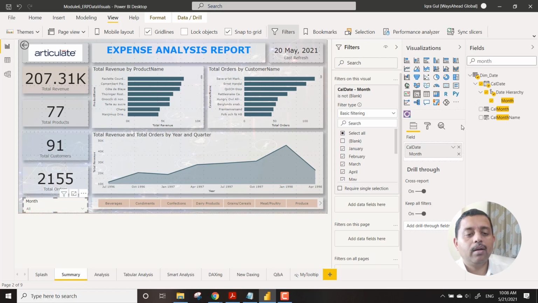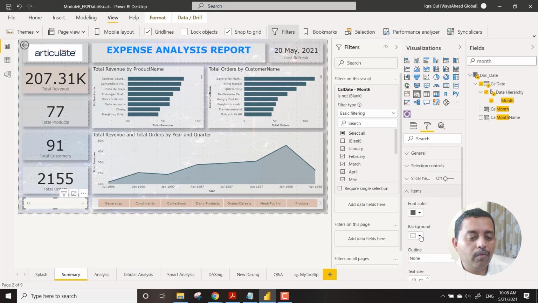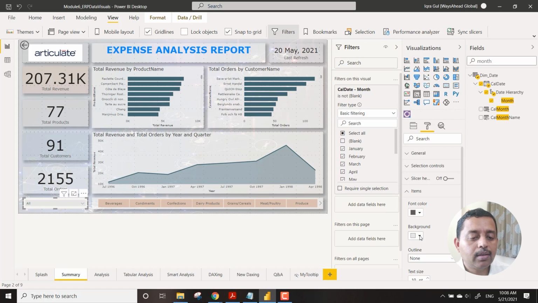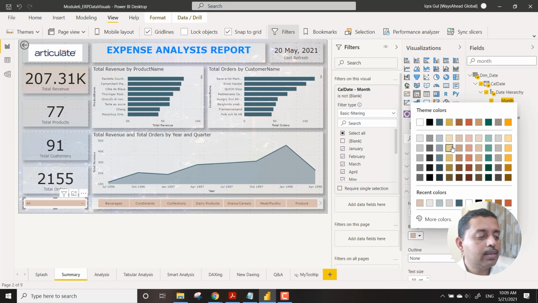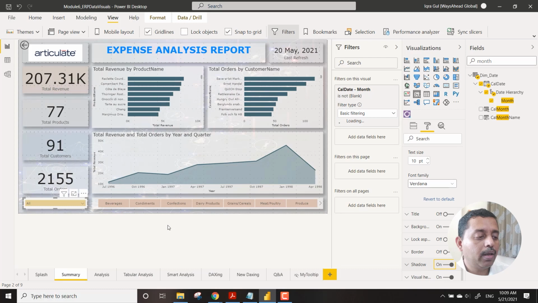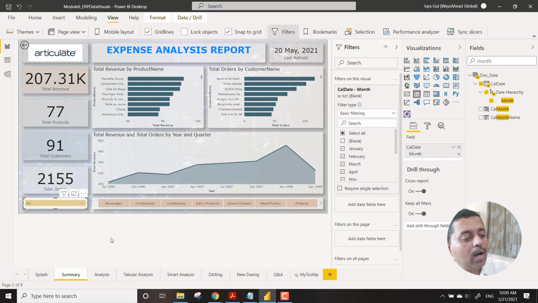I can remove this slicer header, and then bring it in over here just to give a look and feel. I can take something like this or a different color so that people can see it precisely that okay, there is a section over here as well, some kind of drop down over here as well.